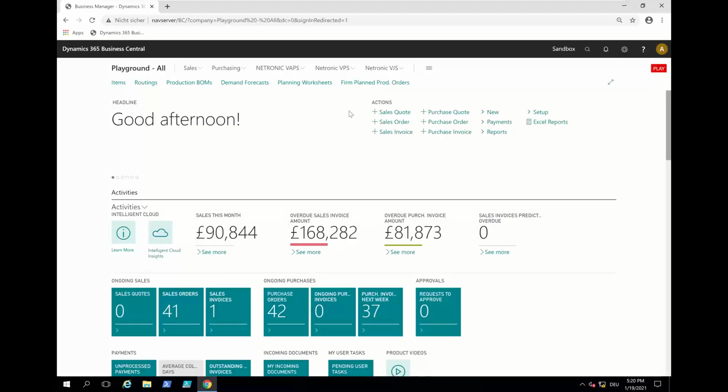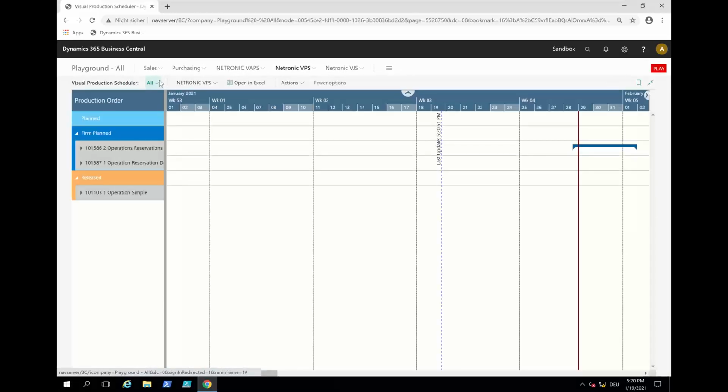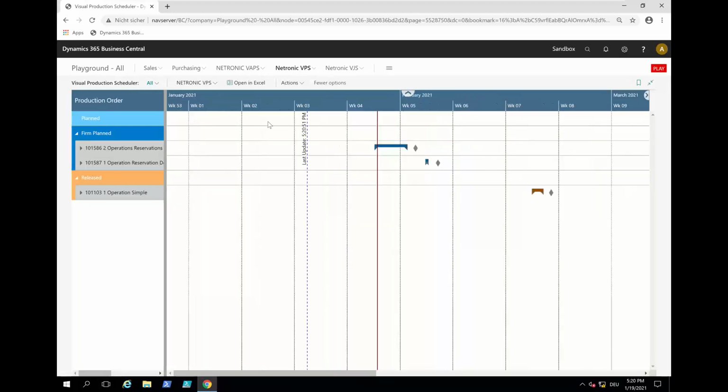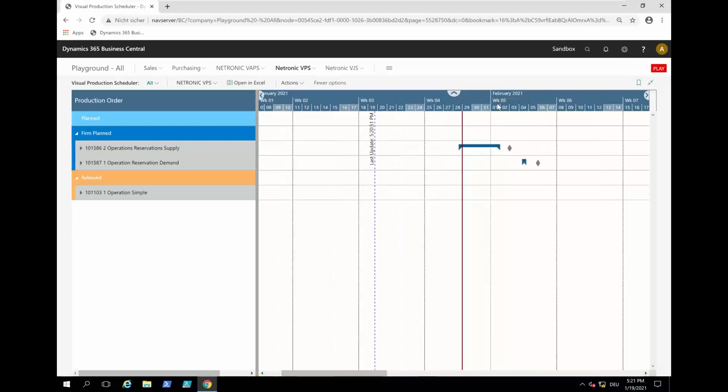So now let's get to the VPS. And for the purpose of this demo, I have a lean schedule, with just 3 production orders. And in order to show you how we deal with the reservations, I first will look at reservations between 2 production orders, or between 2 production order lines that are part of 2 production orders, because this is what we can visualize best. And after that, I will also look at how to deal with reservations that are from